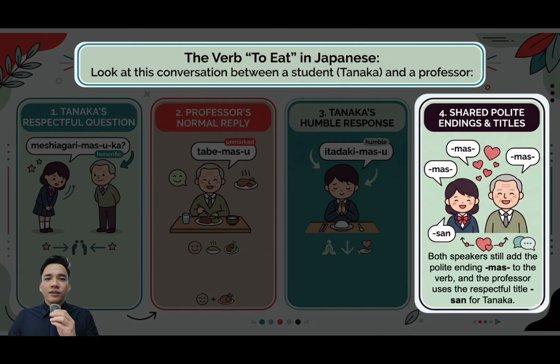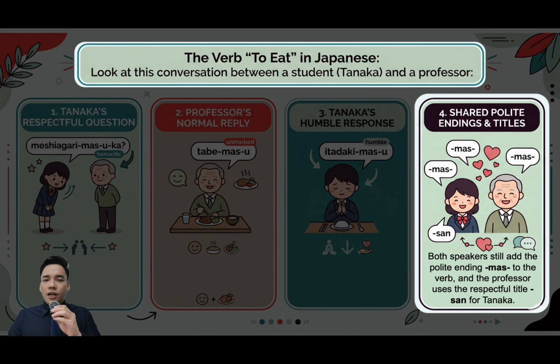Let me ask everyone, can you think of a similar example in Vietnamese? For example, do we speak the same way to a teacher, a parent, a close friend? Probably not. In Vietnamese, we change pronouns and titles such as em, con, cháu, cô, thầy, anh, chị, bác, depending on age, status, and relationship. So, like Japanese, Vietnamese also shows that politeness depends strongly on social roles and relationships.